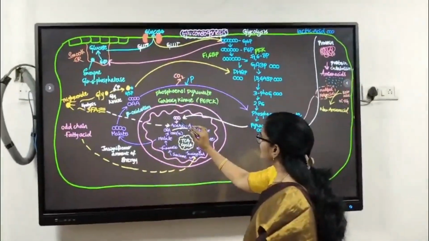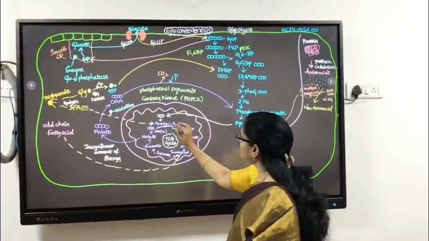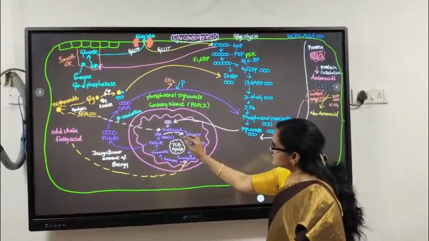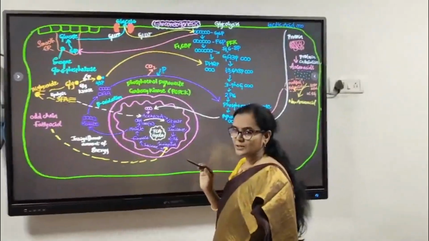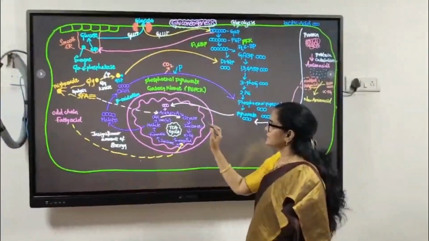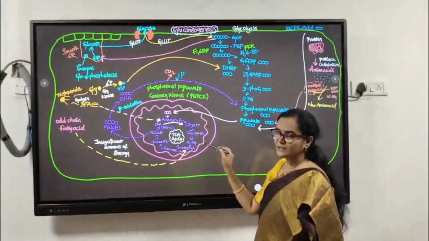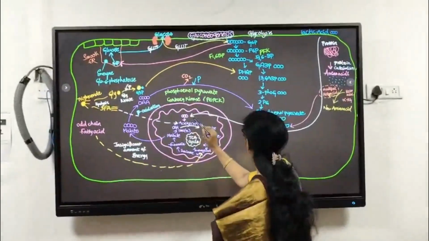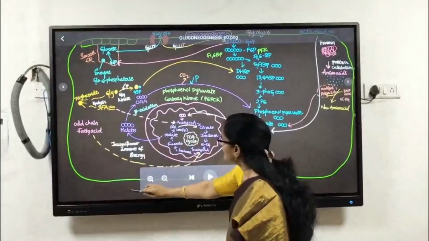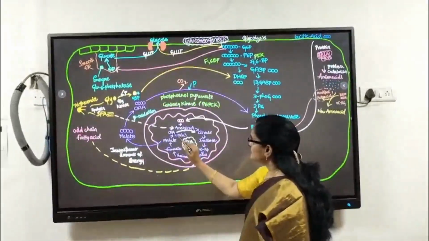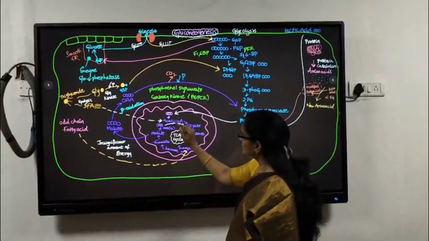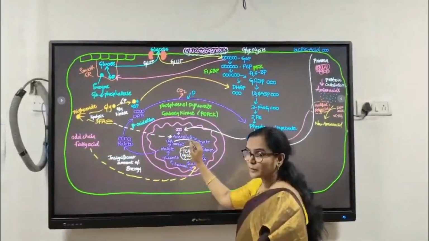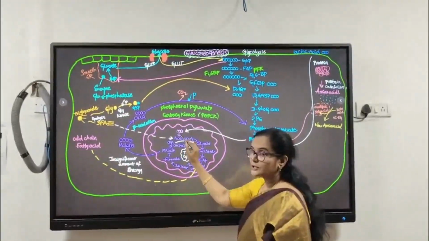The pyruvate formed in glycolysis enters the mitochondrial matrix. In the mitochondrial matrix, this pyruvate gets converted to acetyl-CoA, and then this acetyl-CoA condenses with oxaloacetate and forms citrate, so this enters the TCA cycle. But in gluconeogenesis, this pyruvate gets converted to oxaloacetate. This oxaloacetate is formed from pyruvate with the help of the enzyme pyruvate carboxylase, which is present in